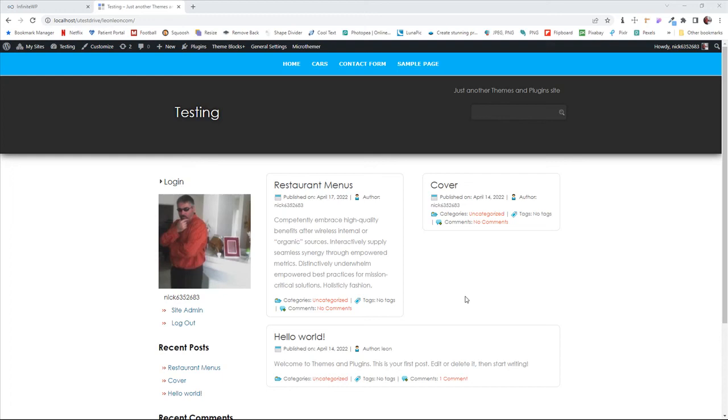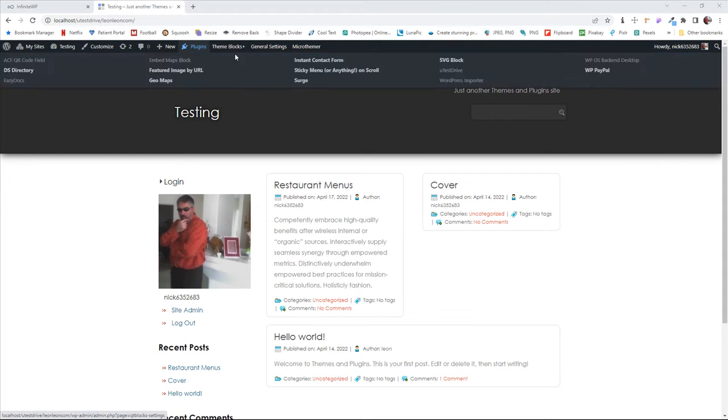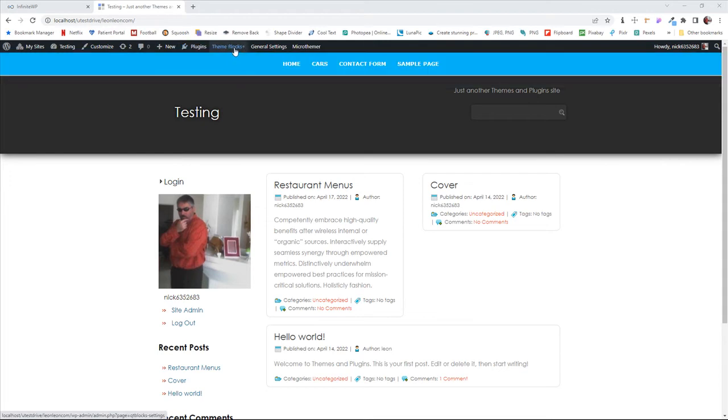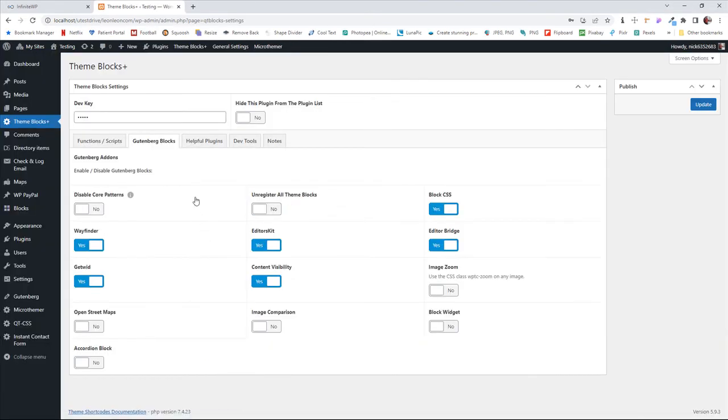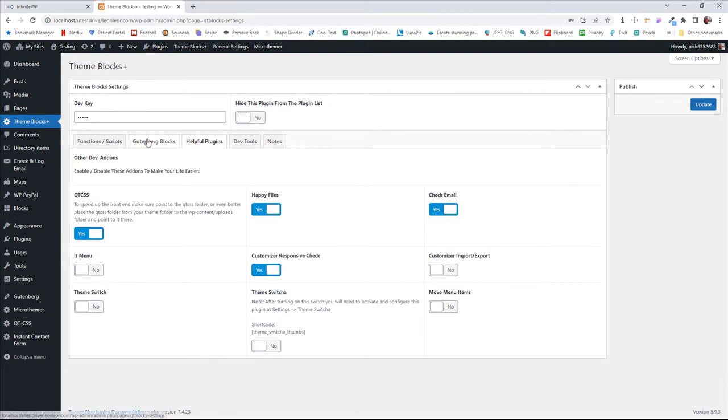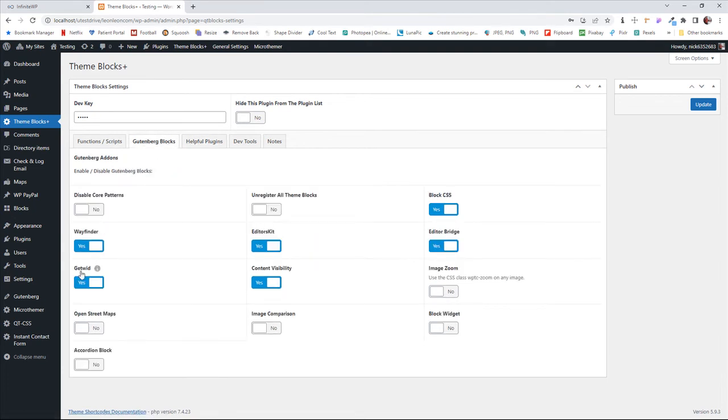All right, let me start with the restaurant menu choices that I have for you. One is using a block from the plugin GetWit, which I have included in the ThemeBlocks Plus plugin of mine. The way you need to activate it first, because when you install it, nothing has been activated. If you go to Gutenberg Blocks, you're gonna find it here. So once you activate it in the editor, in the inserter, you're gonna find all the GetWit blocks available for